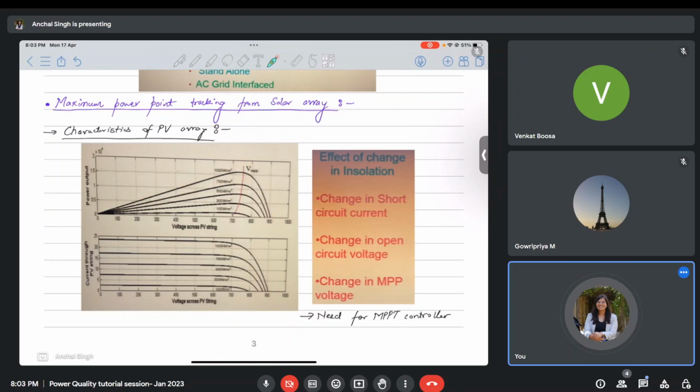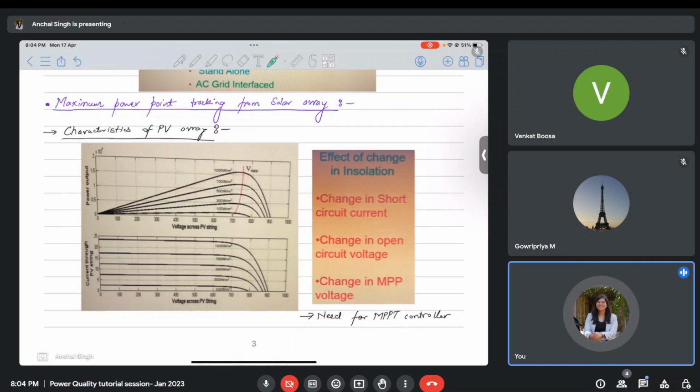So what happens is, if I am doing a job and somebody is giving me 100 rupees and another person is giving me 90 rupees, then I'll always try to gain as much as possible, right? Similarly, in energy, if I am getting 100 watts here and 90 watts here, I'll definitely try to get 100 watts all the time, right? I want to increase the efficiency of my system. That is the goal.